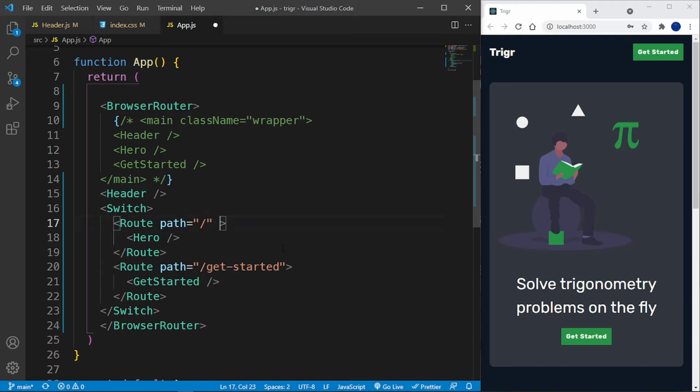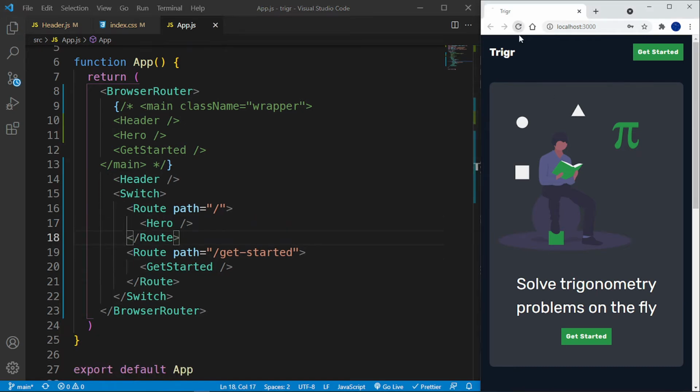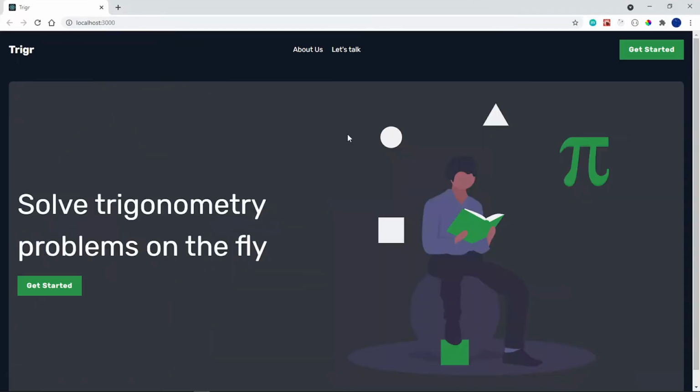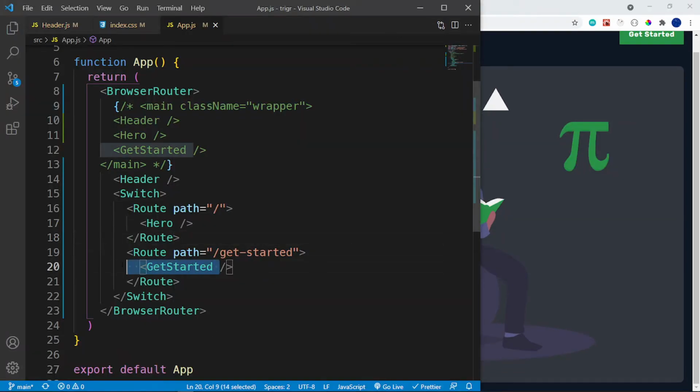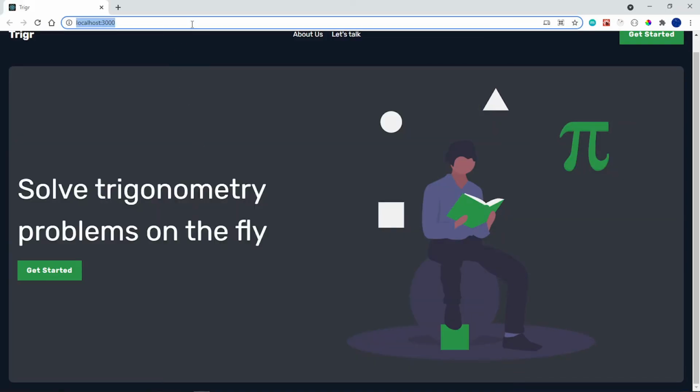So if I remove this, look at this. If I remove this, let me save this and let's reload this just to make sure that it reloads properly. Look at that, we are on the home page, right? We are on the home page and we don't show the get started page. So that is correct. But when I go to